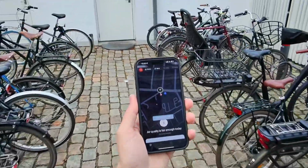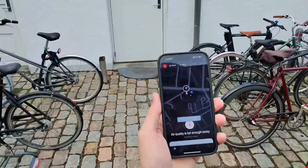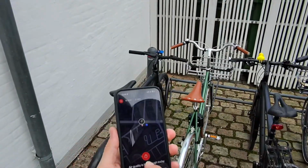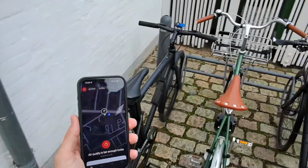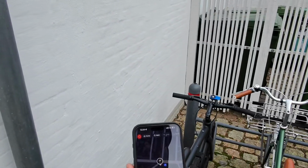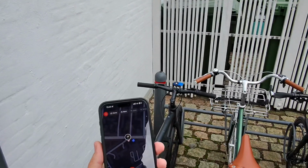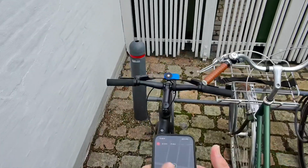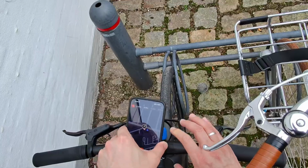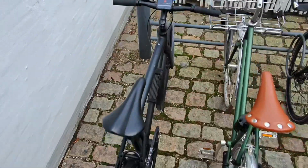So yeah, now I'm approaching my bicycle, and as you can see, as you get close, it actually shows the unlock button. Now if I just move the pedals, the lights will turn on and I can already bike. I don't even need to take the phone out of my pocket, it will unlock automatically. Or I can click on the unlock button, and then the lights will turn on and the bike will be